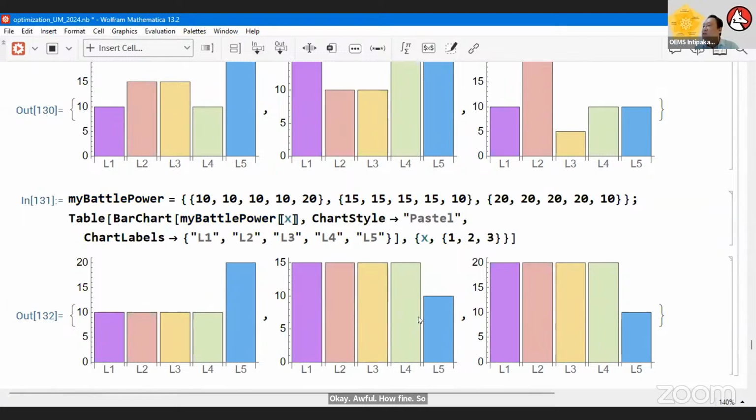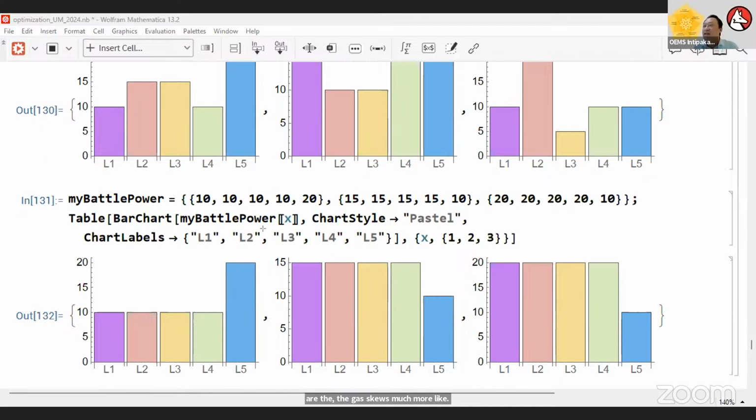Obviously, Army Camp number 2, their skill is much more average across different types of combat environments, except in location number 5, where they are not that good. But Army Camp number 1, they are very good in location number 5. So their survival odds are up to like 20.